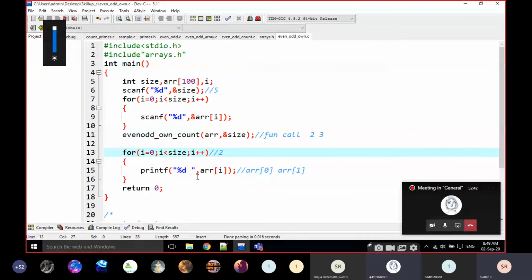Yes, sir. Note down the main function. I think, is it done? The main function, is it done?